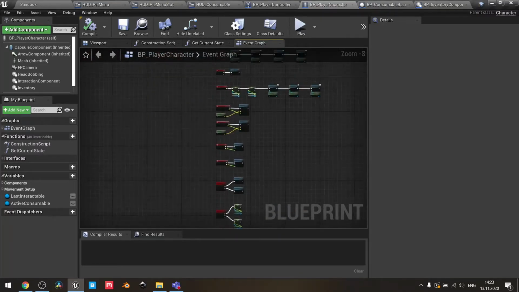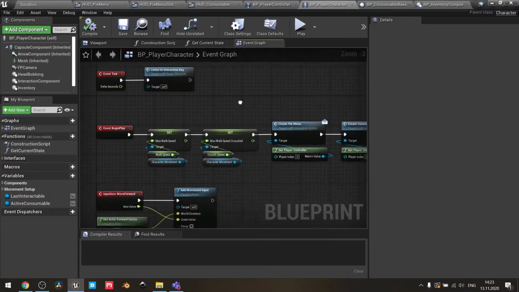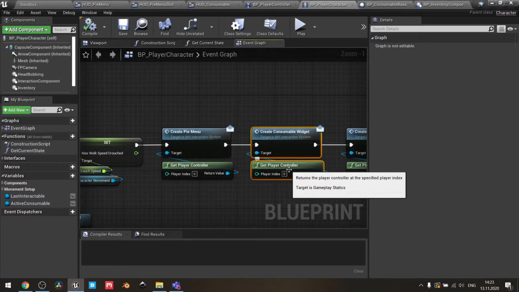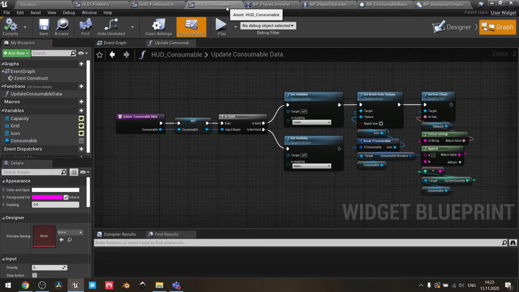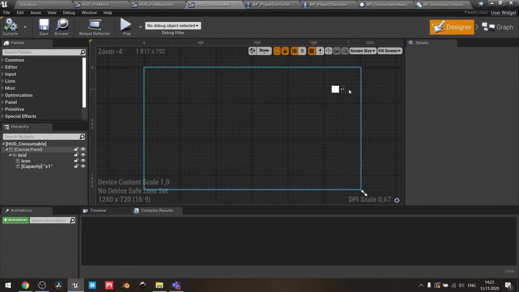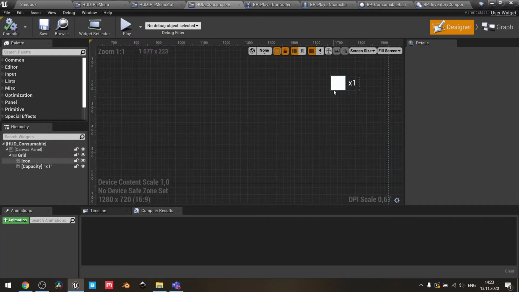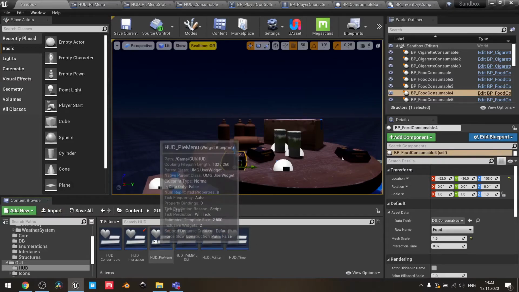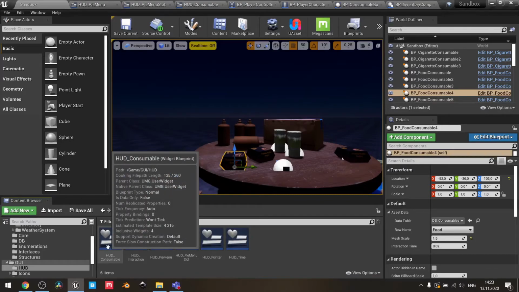Also, here on the event begin play, you can see I have the messages to player controller to create consumable widget. It's the element, I'll show you here, that shows the current active consumable and its amount. We need to create it here in the HUD folder. It's this one,